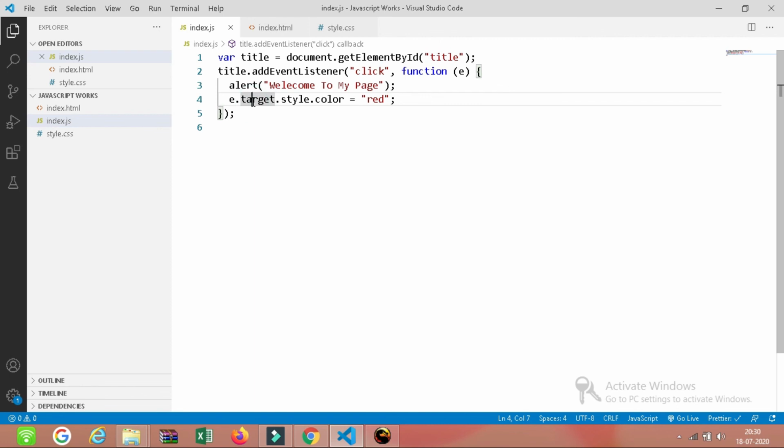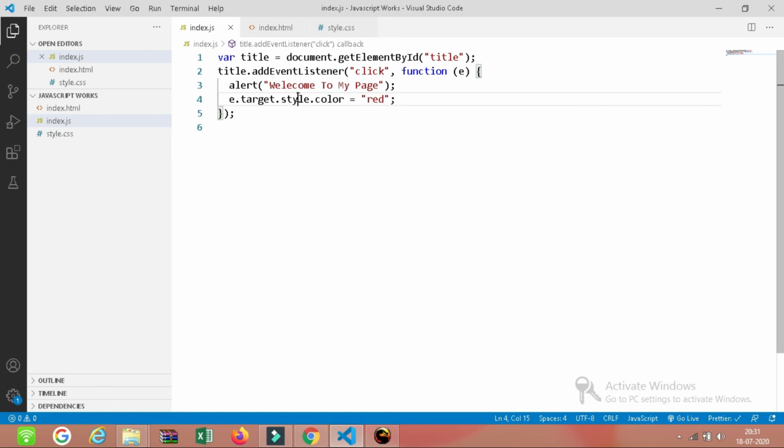By the target we get the reference to the element to which that event has been applied. Then we can use any kind of DOM manipulation on that element. Here I changed the color. You can dynamically delete or add elements; any operation can be done easily by using this target.